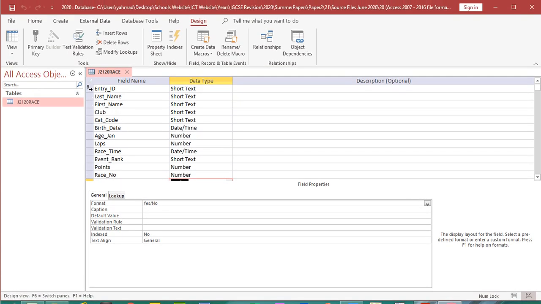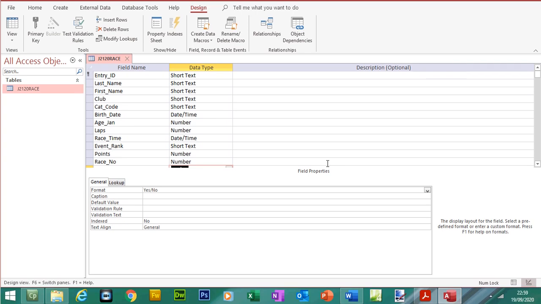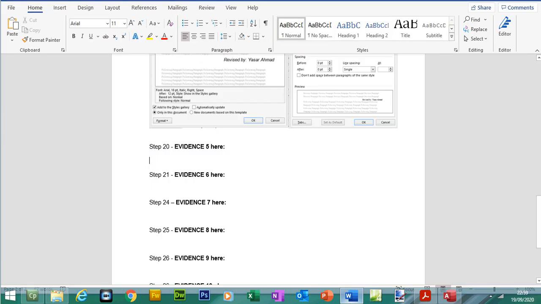Let's see if I can drag this down. No, so I might have to take a couple of print screens. Okay, so here we can see entry ID has been set as a primary key. You see this little key here. We need to show the field names, the data types. So let me take a print screen,